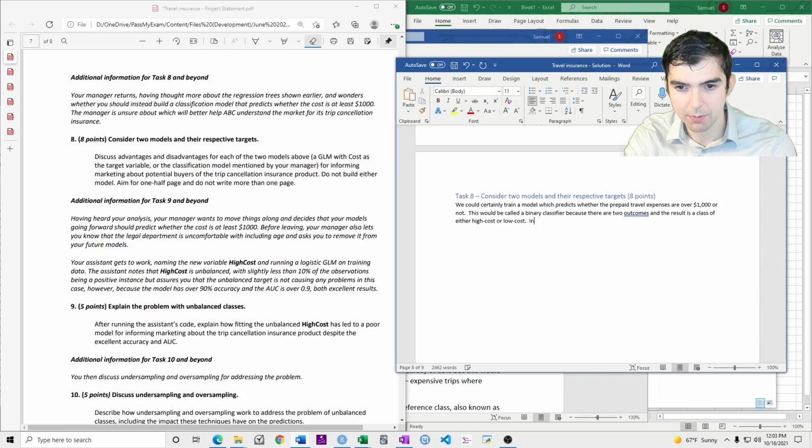In terms of predictive power, there would be no advantage to using this or the regression model from earlier, which predicts the cost dollar value. This is because the data input and computing resources are the same.